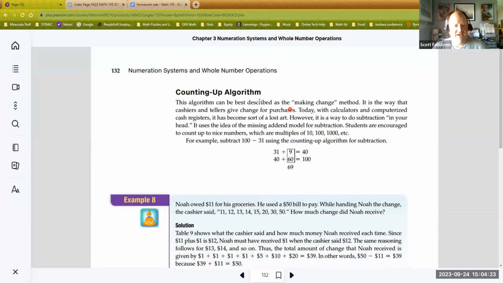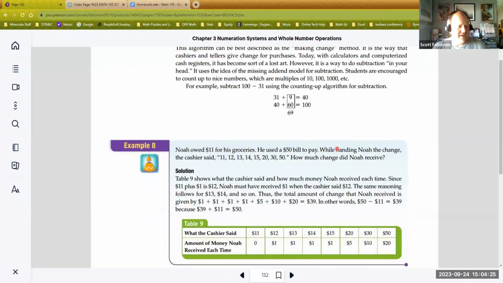All right, this one is the counting up algorithm, sometimes called making change. If you go to stores, occasionally you'll have someone who is maybe a little bit older and they count the change back to you. Instead of just saying, here's $2.42, they'll count up. So if you owed $11 for your groceries and you paid with a $50 bill, the cashier starts by saying